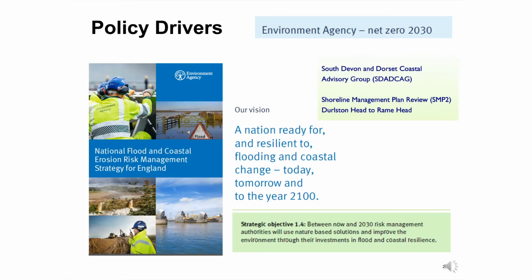As with all projects, it's important that we understand the bigger picture policy drivers. For us, the National Flood and Coastal Erosion Risk Management Strategy identifies our vision for the nation to be ready and resilient to flooding and coastal change today and tomorrow. And through a series of strategic objectives, including nature-based solutions, we're looking to improve the environment through investment, to improve